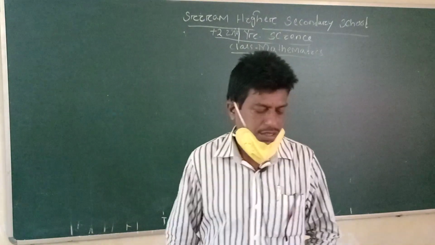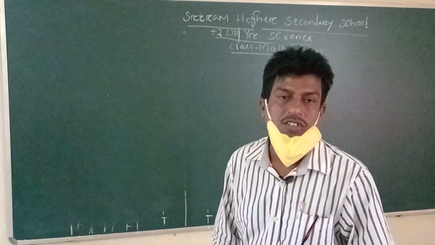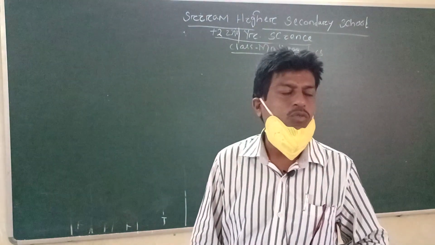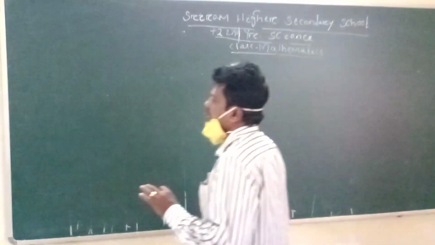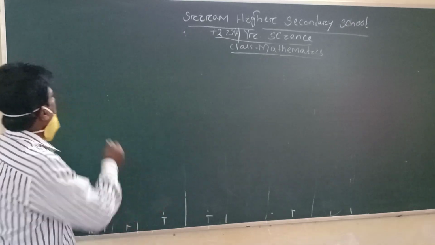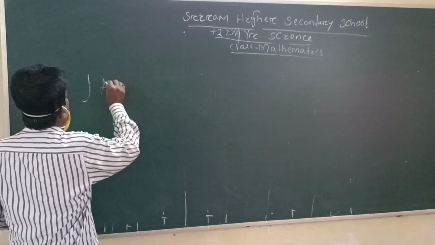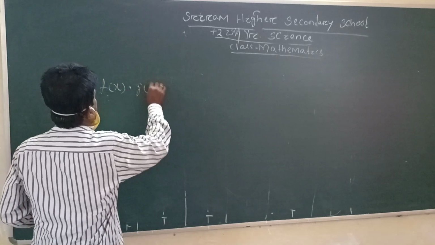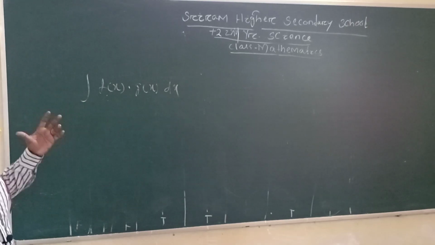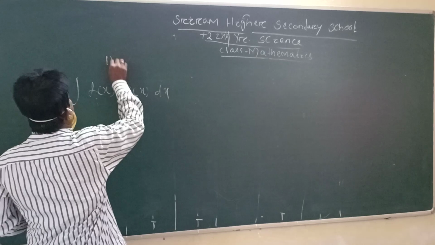We have started integration by parts. Why do we call it integration by parts? Because until the previous classes we have studied integration of only a single term. There was no integration of two terms multiplied. For example, two functions f(x) into g(x), the integration of f(x) g(x). That is a multiplication of two terms, I mean the integration of two functions. How to solve that is called integration by parts.